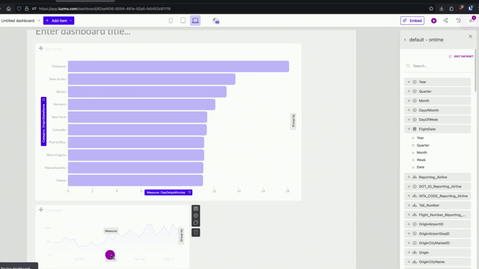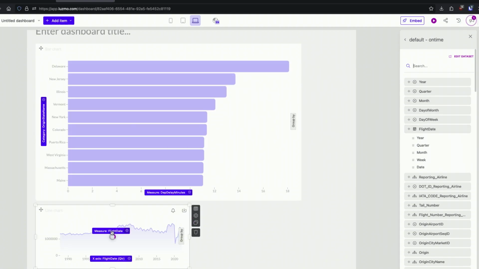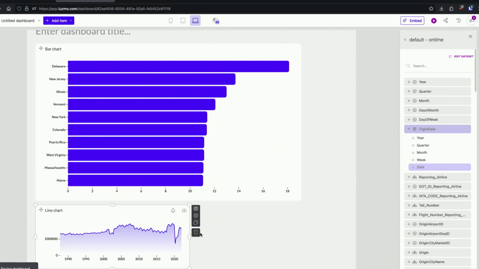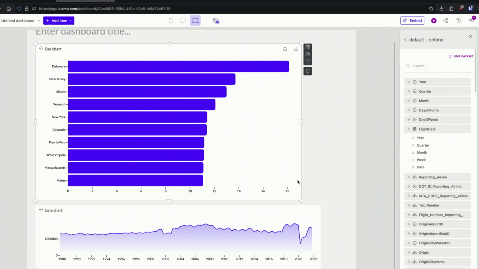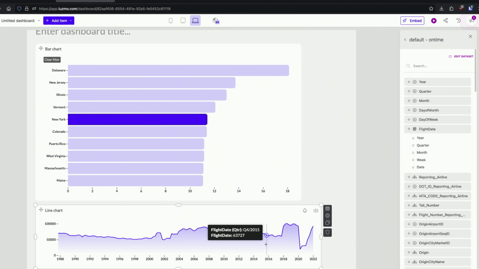And we can add some time data here. Let's do it by quarter. Look at the total number of flights. We can do that this way and do a row count here. And all of these charts are immediately linked to each other. So I can go to New York, and I'll see how many flights, for example, were there in New York since